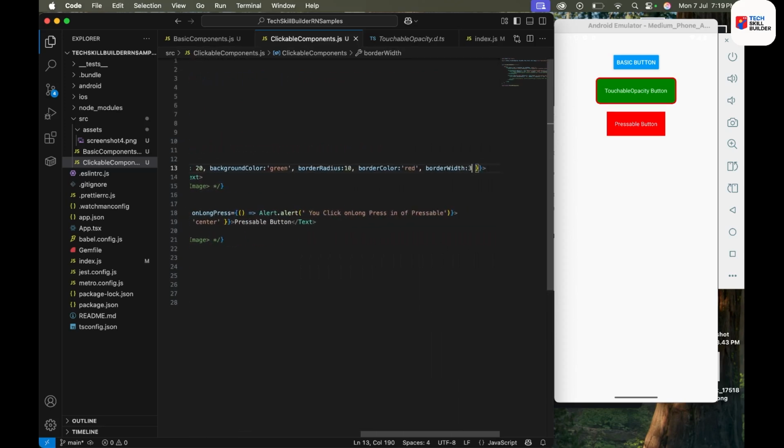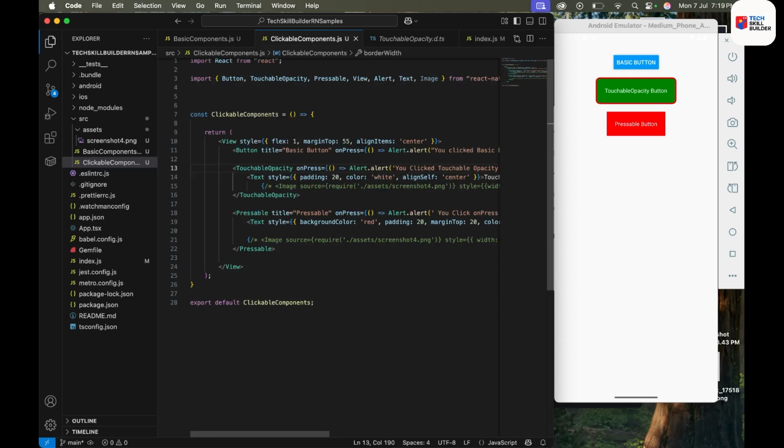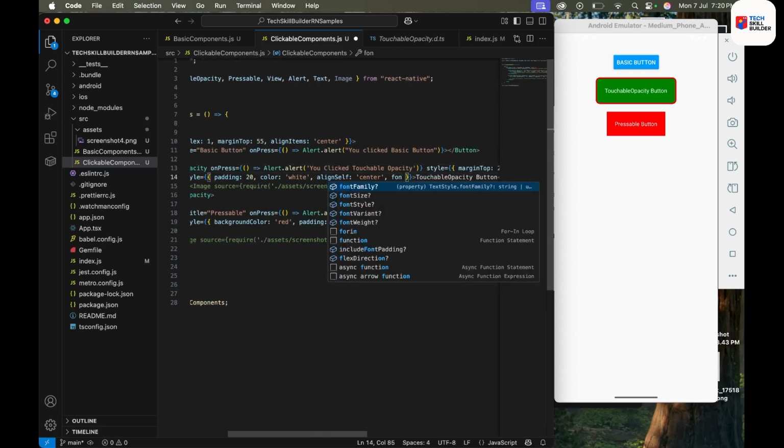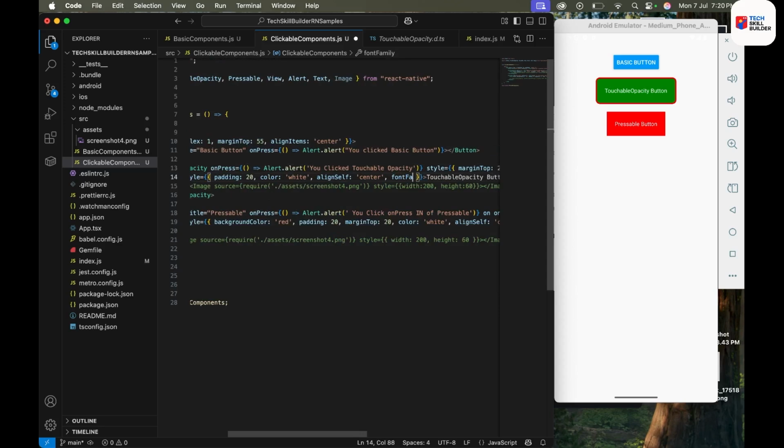Border radius, and then here also in text we can have font weight. Okay, maybe 600, so a little bit it looks like this. Okay,